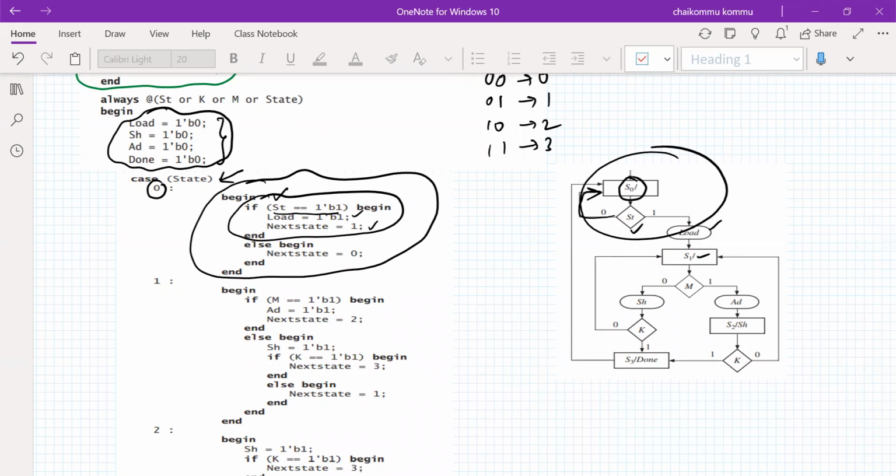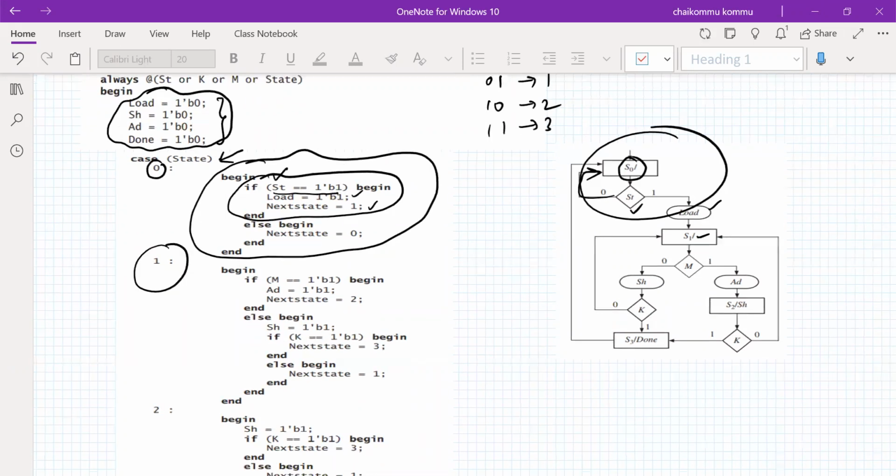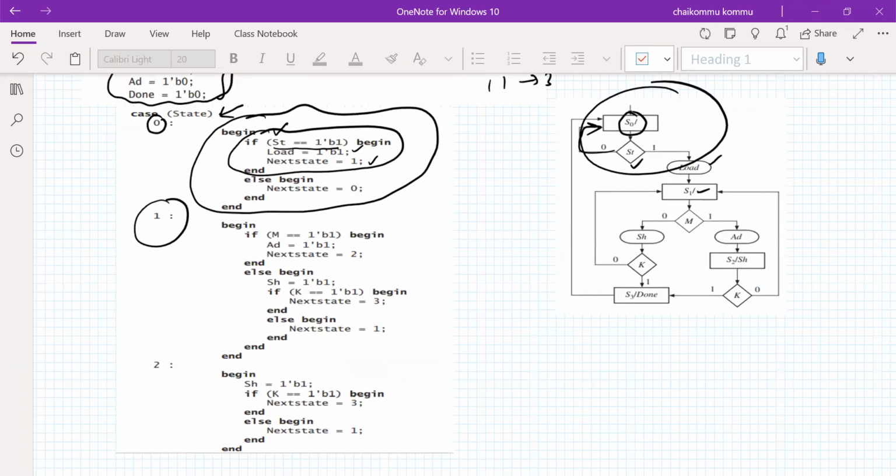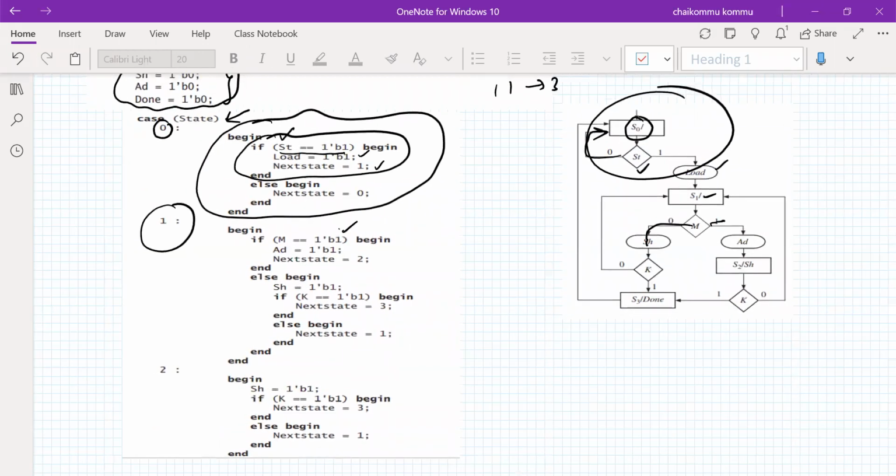సిమిలర్లీ ఫర్ ద S2 స్టేట్ గురించి మాట్లాడతాం. అక్కడ ఆల్రెడీ మనం ఇంత డిస్కస్ చేసాం. దెన్ M is equal to 0 అండి, ఏమవుతుంది, M is equal to 1 ఉంది. ఫర్ ఎగ్జాంపుల్ 1 రాశారు ఇక్కడ, ఇవి M is equal to 1, దెన్ యాడ్ is equal to 1, నెక్స్ట్ స్టేట్ is equal to 2. ఓకే, లేదు, M is not equal to 1, M is equal to 0 then. So M is equal to 0, immediately SH is equal to 1 అవ్వాలి.